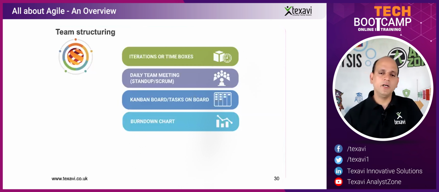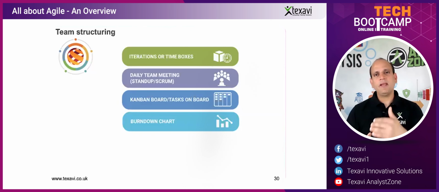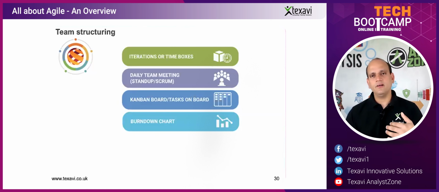And then you've got the burn down chart, again, a technique in Agile, which shows you the current status of the effort that is expected to be done, and then the effort that has already been done, the spent effort. So it's called burn down chart. Again, a very important tool for understanding how the work